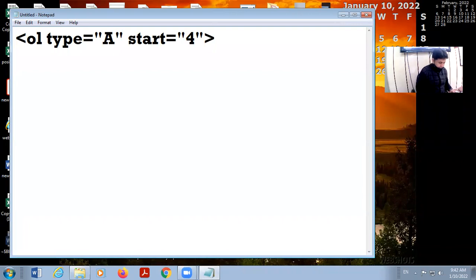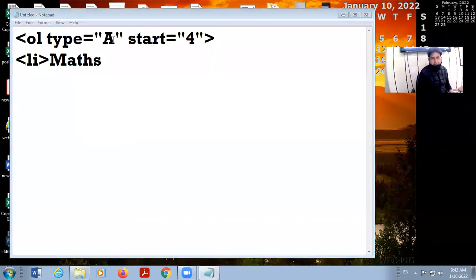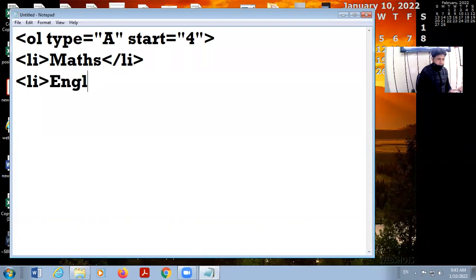And inside that OL tag, there is the LI tag. LI stands for list item. In the list item, you will give the list items, and then you will have to close LI, and then the second LI, and then the third LI.